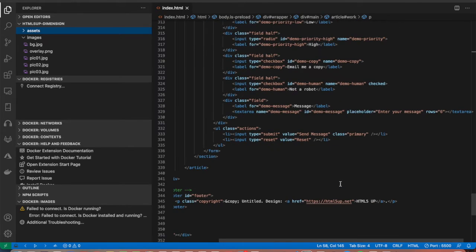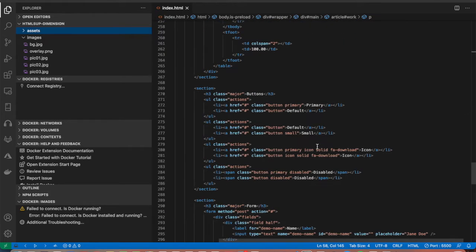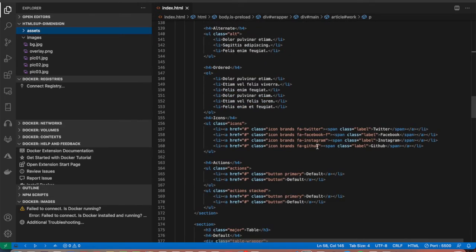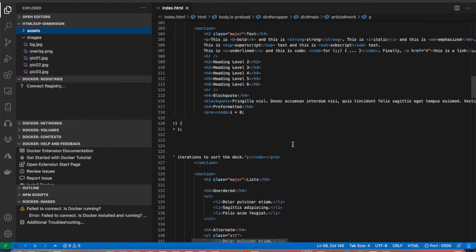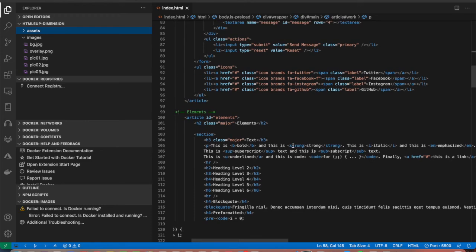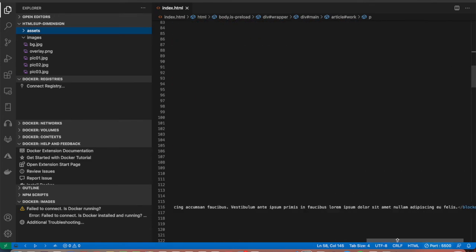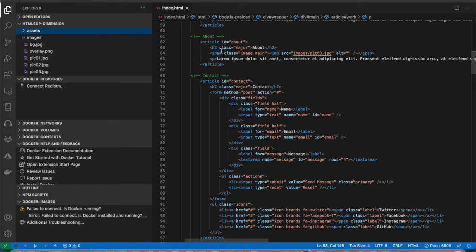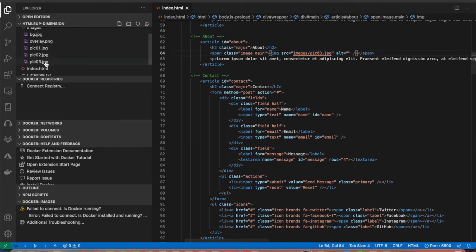So here let me show you. Here they have used the image tag. Let me see. Yeah, so image 3, pic03.jpg. So for example, if you are using the same name conventions, then it's fine, but otherwise if you are using some other images and the names of the images are different, then you have to change it here also. Easy. So I think this is pretty easy, so you can do that.